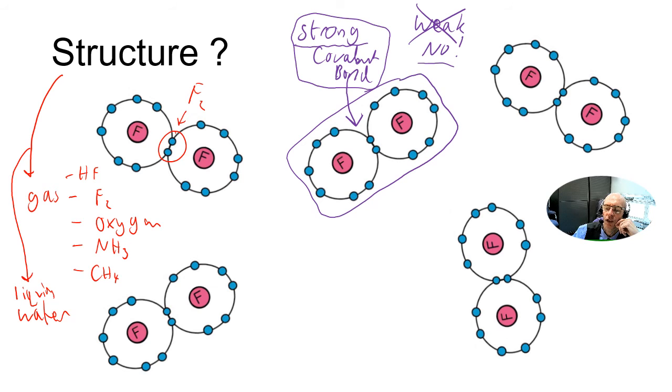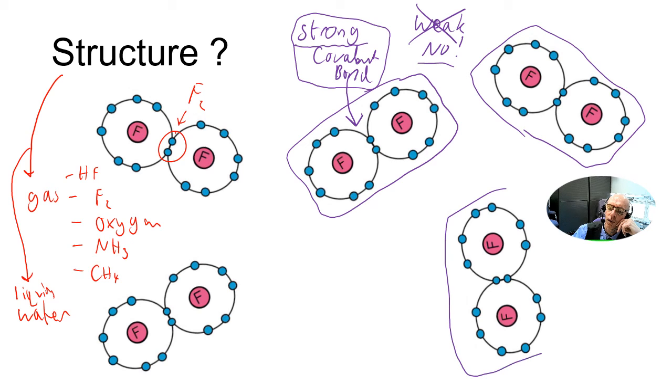Strong bonds inside the molecule. However, what does this fluorine and this fluorine, what do they think of each other? Well, all these fluorine molecules don't really care about each other. They've got no attraction to each other. They've got no repulsion. They're not positive or negative or anything. There's no reason to join together. So,